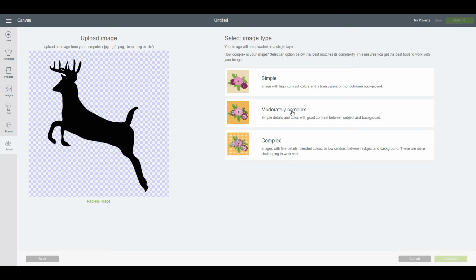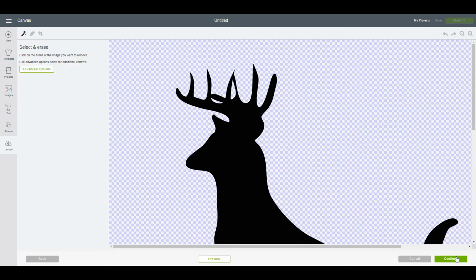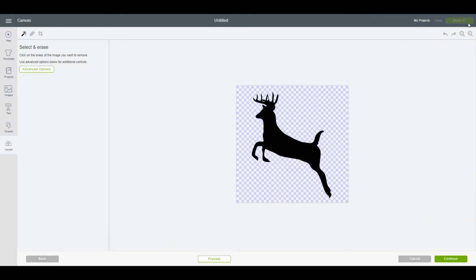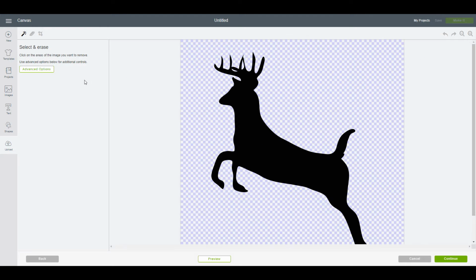You also have moderately complex, and then more complex. This, as I said, is simple. We're going to click on Simple. We are going to click Continue. And then it brings us to this screen. I'm going to zoom in so that we can see the entire image. There he is. And you do have options here to erase or to use the Select and Erase tool or